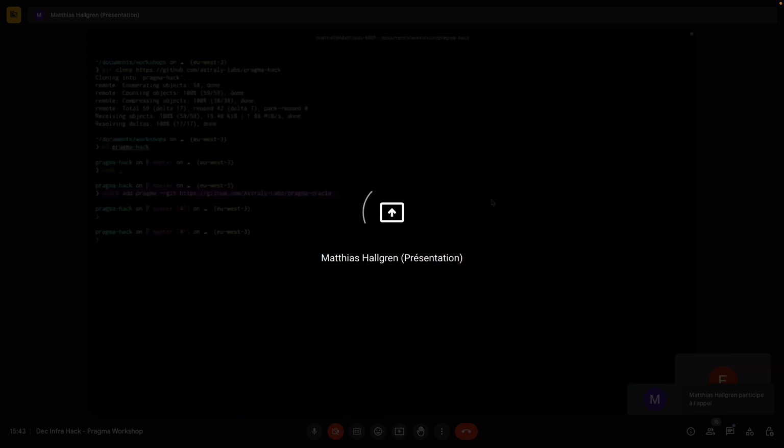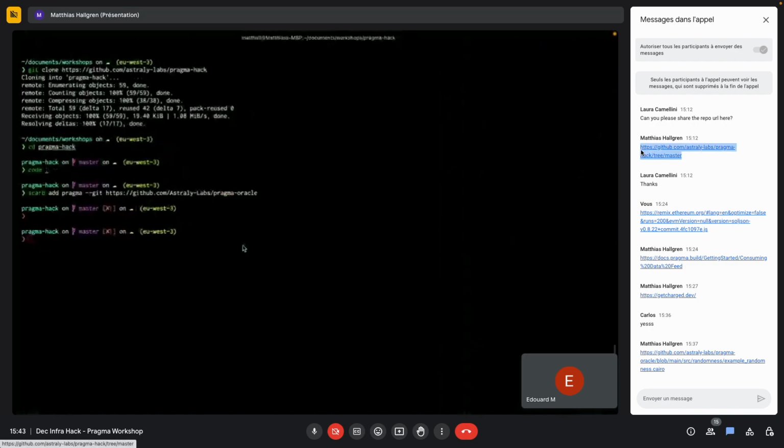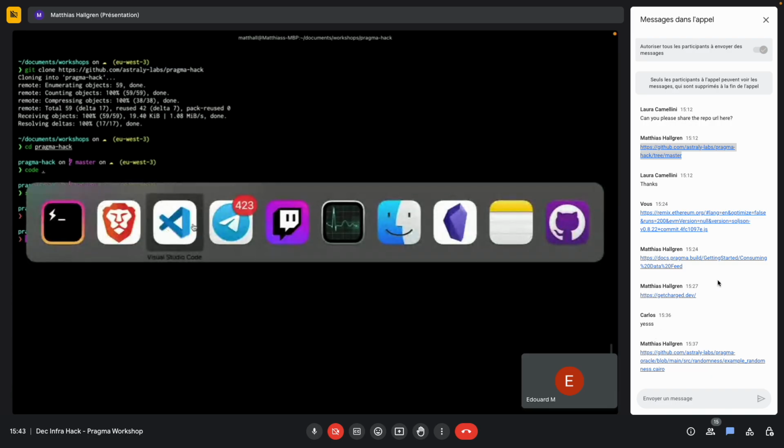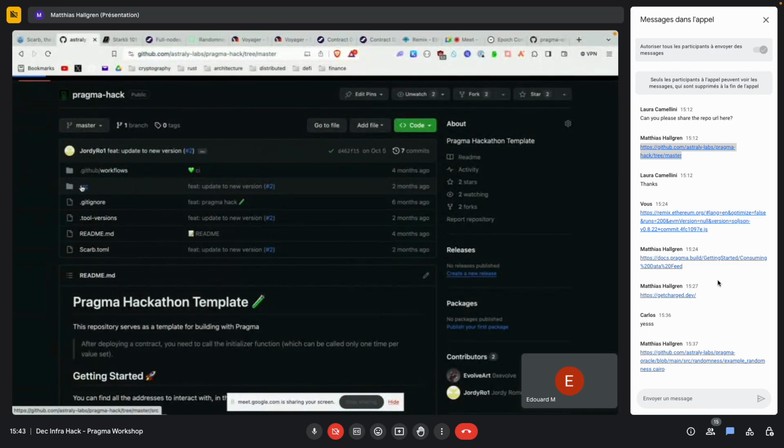If you're trying to do this, scarb add Pragma with the Git link, that's probably not the best way, because you're actually adding all of our contracts as a dependency, and that's a useless dependency. So the recommended way is just to use our Pragma hack